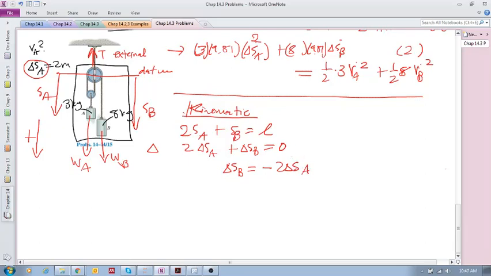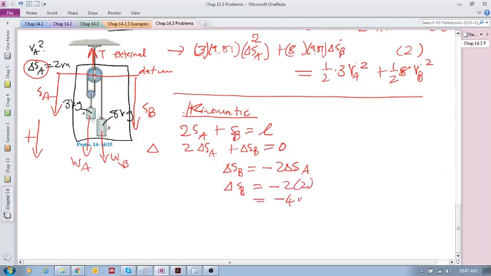We've seen this many times before: if SA moves, say, 1 millimeter, then SB will move 2 times SA, but in the opposite direction. And we know that delta SA is 2, so delta SB is minus 2 times 2,